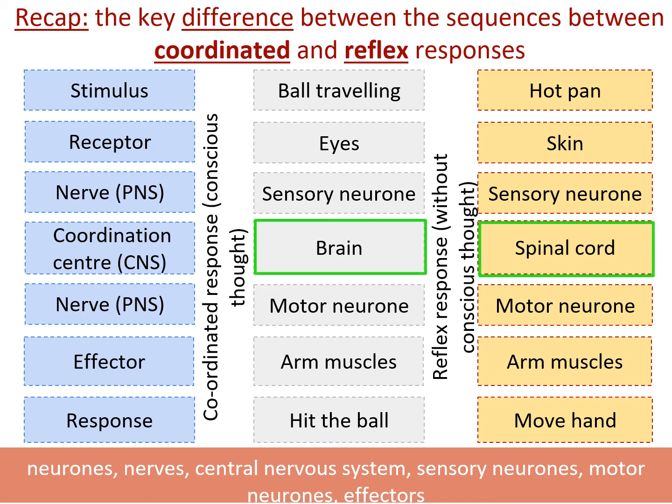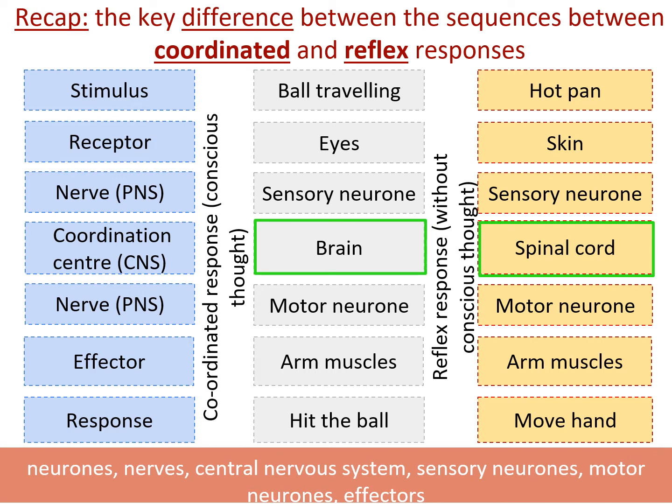Remember, I did say yesterday there are some instances where reflexes, which is what this one does, do go through the brain, and that's if the brain is going to be a closer part of the nervous system than the spinal cord would be in terms of the rapidness of a reflex response. So remember, these responses are very fast, they are automatic, they occur to protect ourselves against danger, whereas these ones